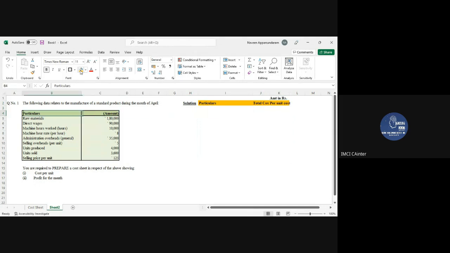Let's start with this. The following data relates to a manufacturer of a standard product during the month of April. So for the month of April, we have been given some data. The amount of raw material has been given, and direct wages has been given. With these two, I can arrive at the prime cost. Then the machine hours worked is 10,000 hours. The machine hour rate per hour which they have said is